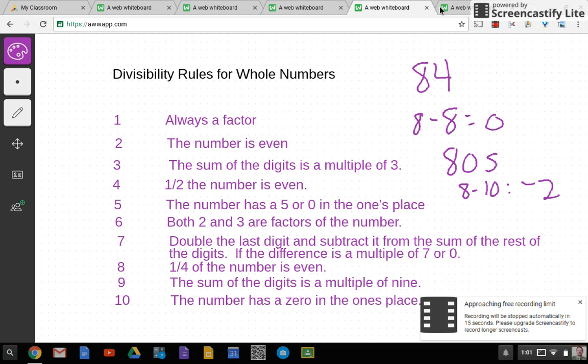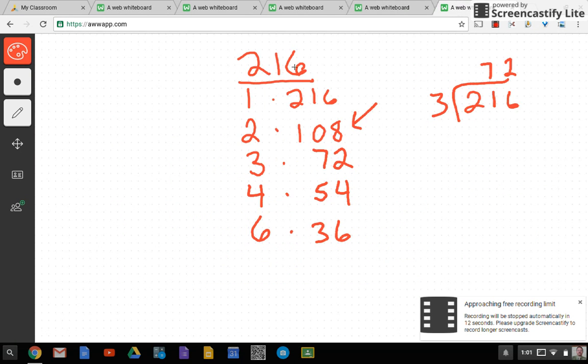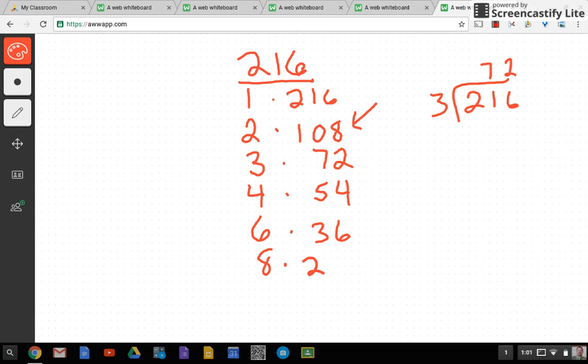Now then, 7, if I double the 6 and get 12, 21 minus 12 is 9, so 7 is not going to work. 8 is going to work. It'd be 8 times 27, 9 times 24,